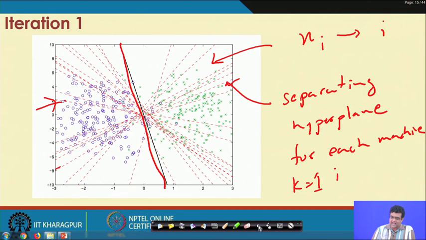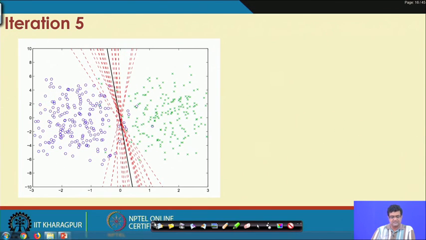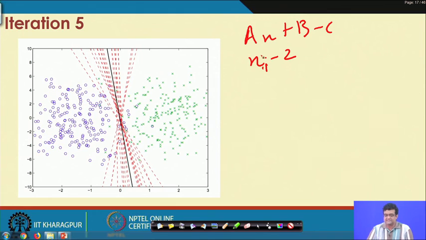Now, as the iterations progress, for example after 5 iterations, you see that your hyperplanes have all come together a little bit. If you recall, your primal residual is something like a x plus b minus c. In this case it will just be x minus z, or xi minus z for each i.